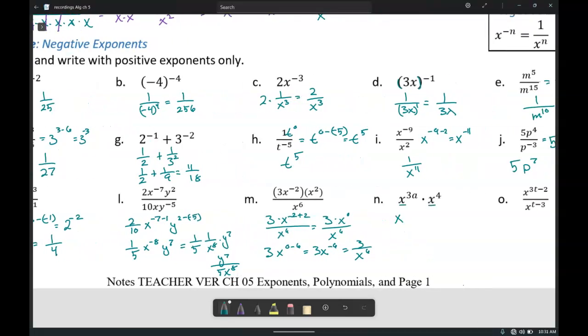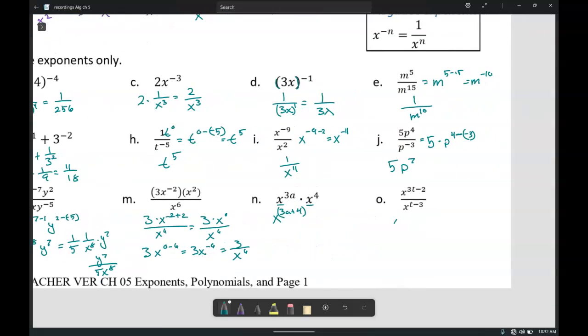Base of x, 3a plus 4. Since we don't know what a is, we can't simplify that any further, so that's our exponent. Same base, 3t minus 2 minus t minus 3. We can distribute and combine like terms, giving us x to the 2t plus